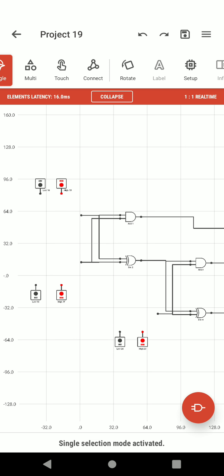So let us start giving inputs. Initially when all the inputs are 0, we would get carry and sum 0. So let's see it. Let's click on connect A to low.